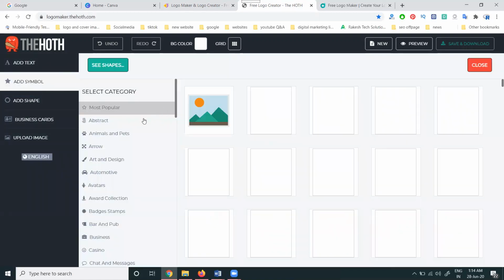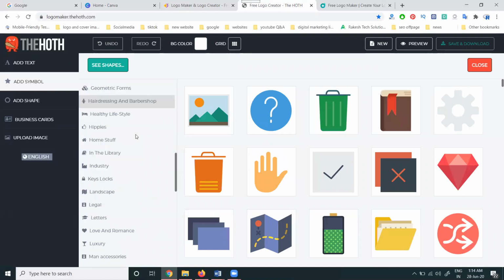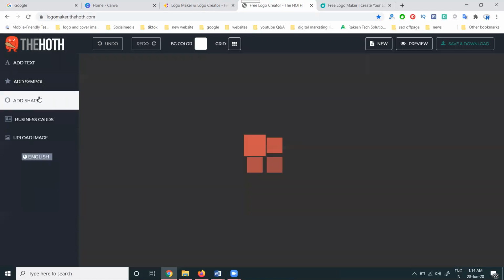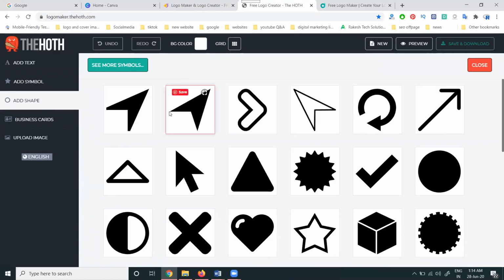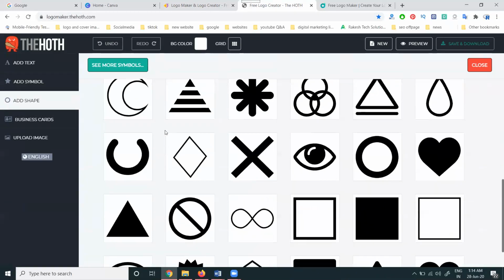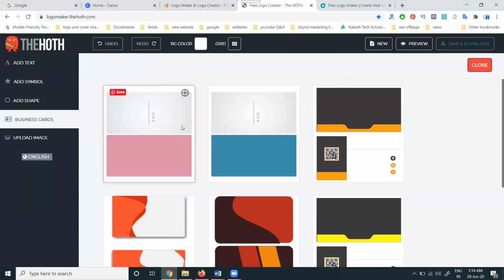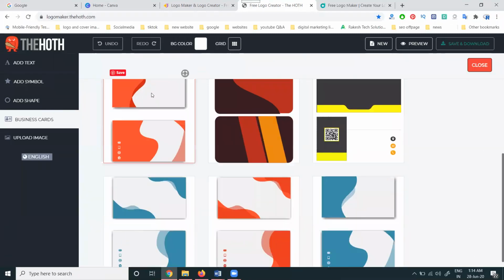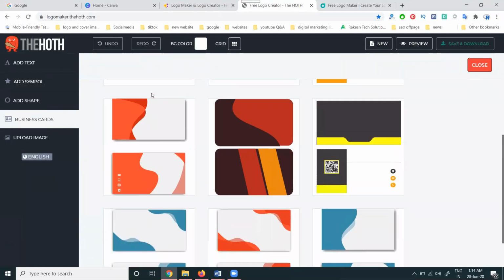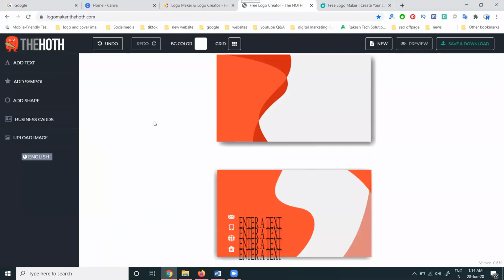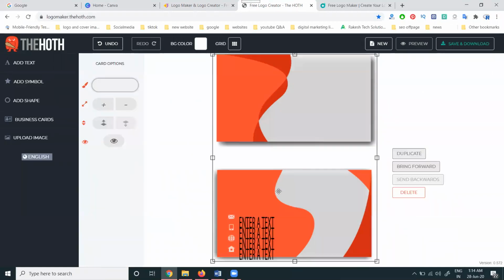Here there are a lot of categories. Depending on the category, we can select your icon logo option. We can add your text and shapes and make a logo here. You can explain everything here. These are the options. This is completely free, nothing will be charged. This is a business card type. You can select the business card, add your details and make your business card. This is completely free, nothing will be charged. Select here what is not required. In this, any border is not required. Just use it as an option here.